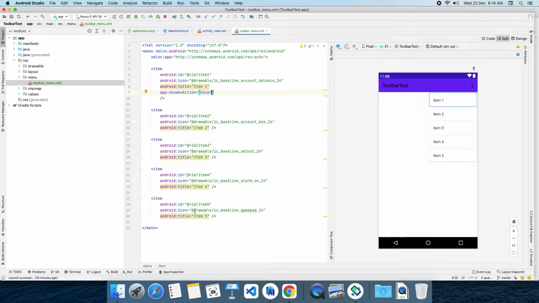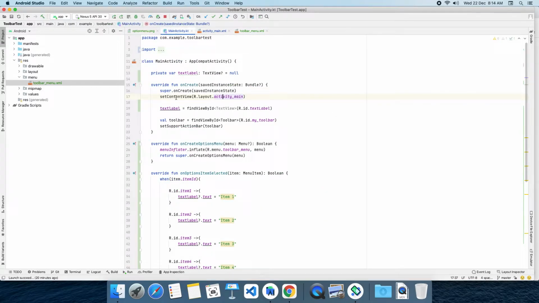Now our menu is ready. How to attach this menu to our toolbar? That is important. Go to our activity file. Inside that activity we have a toolbar, right? So go to the activity and we have a toolbar in this place. What we have added, see, we are making this toolbar the action bar for the activity. Now our activity toolbar is attached.